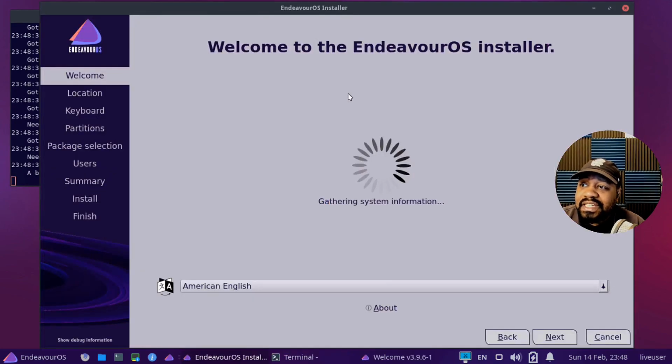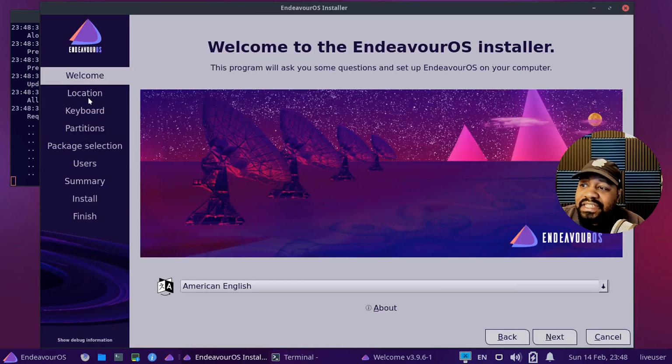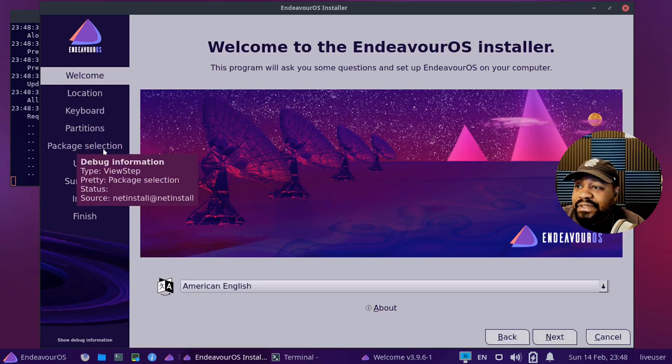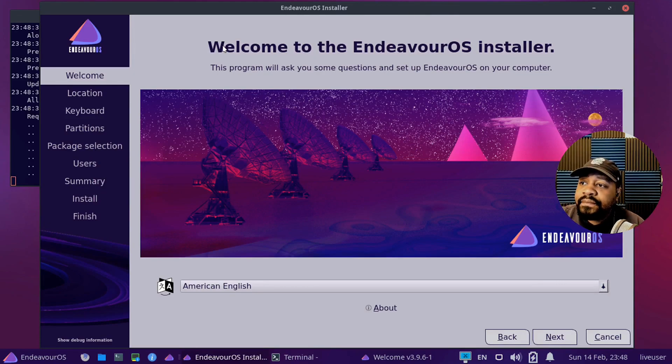I'm not going to go through the install because I don't want to. The only difference is when you get down to package selection, it will pull things from the internet for you. So it's the same Calamares installer. The only difference between the offline and the online is that it allows you to select a different desktop if